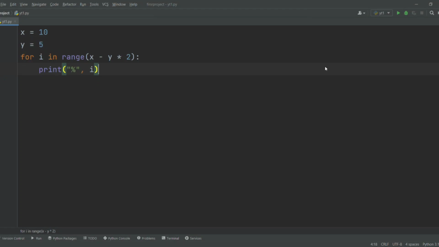Here's a simple Python code, and can you find the output of this code? You can pause the video to think for a moment. Here, as you can see, we are trying to print mod and then the value of i depending on this